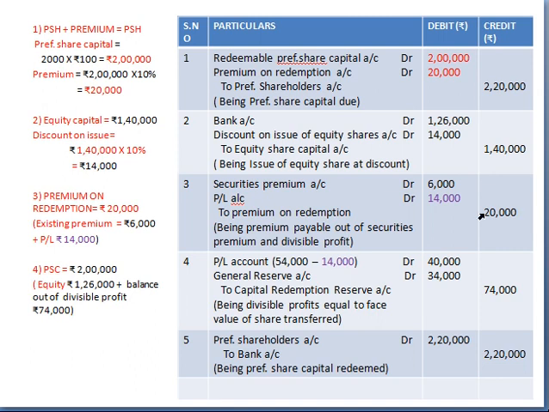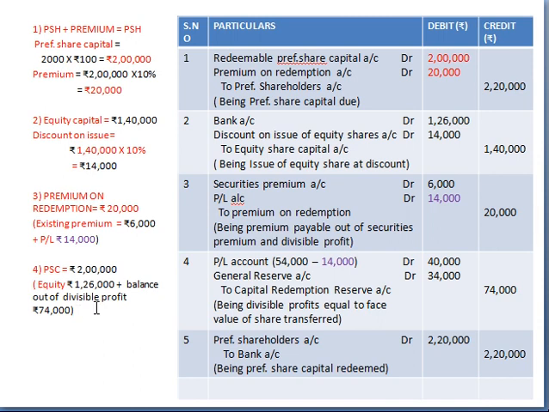Now the amount has been arranged for the premium, right? Now we'll make the arrangement for the capital 2 lakhs. So how can we arrange? So one is through the equity shares, right? So how much amount of cash we received through equity? Only 1,26,000. Should not be taken as 1,40,000 because remaining 14,000 is the discount. Discount means the company has not received any amount. The company has received just 1,26,000. So preference share capital to be arranged is 2 lakhs. Out of that, equity is 1,26,000, and balance how much to be arranged? 74,000 to be arranged through the divisible profit.